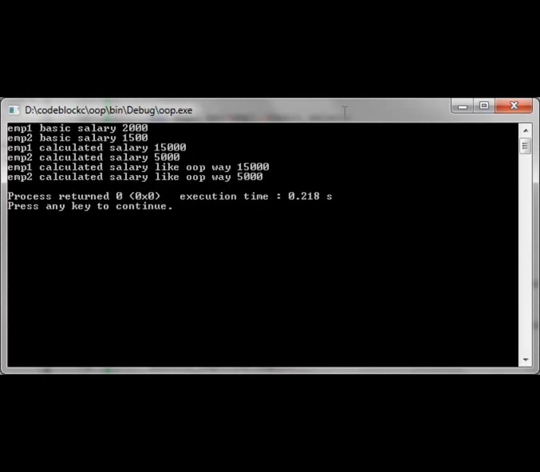Okay, this is the output of the program. So you can see the basic salary we referenced from both objects, and we calculated the salary for both objects using the calSalary function and the calSalaryDoubleOP function. Okay, and